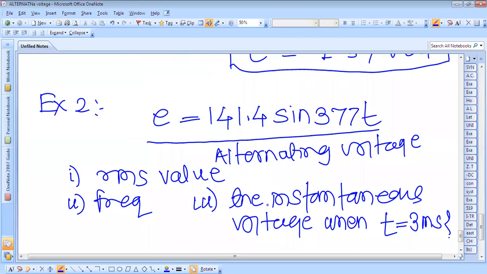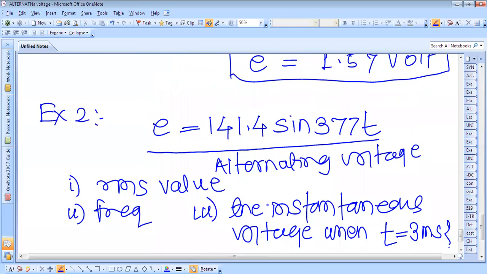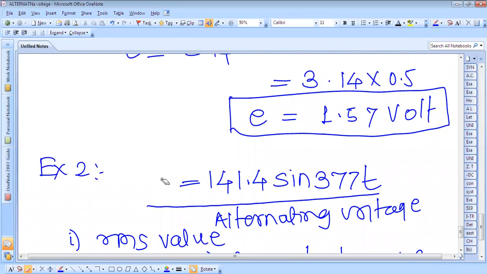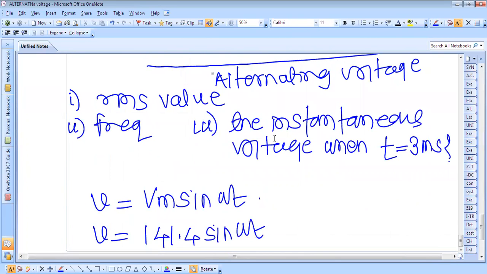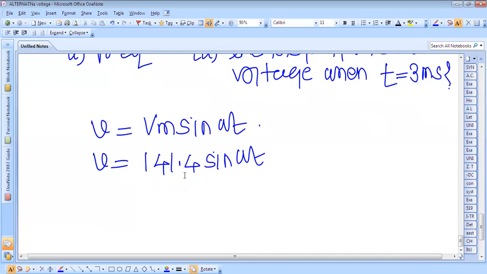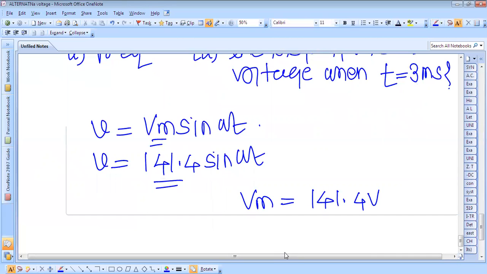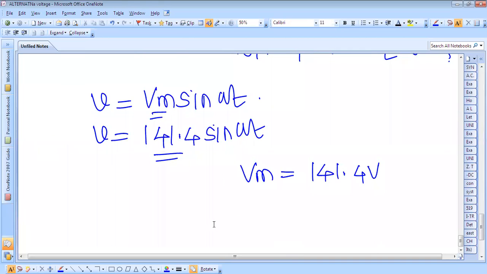This is the instantaneous value E. Instantaneous voltage, which is generally denoted by the small letters. So therefore, instantaneous voltage is given V, and therefore this is a standard form of the equation. Just we have to compare these two equations. Now, if you compare, you will get this maximum value Vm. So Vm is equal to 141.4 volt, and then the maximum voltage we get,